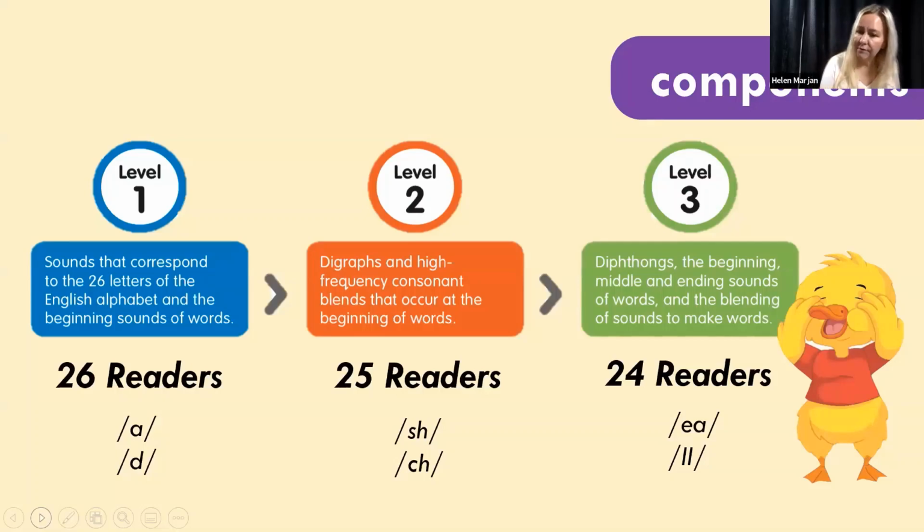There's built-in review into the program so that the children get a chance to revisit the phonics that they've already learned. And very quickly, even from level 1, they'll start to be able to blend sounds together, segment sounds, which is break them up, and to read words, to use phonics for decoding and to use phonics for spelling.